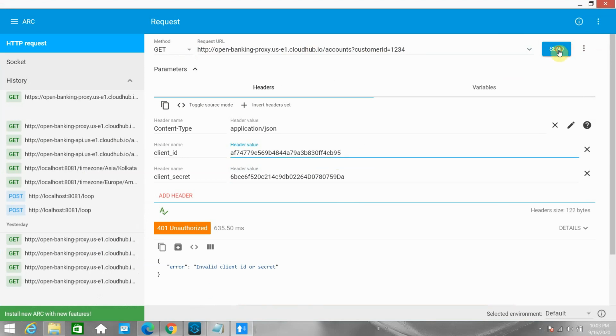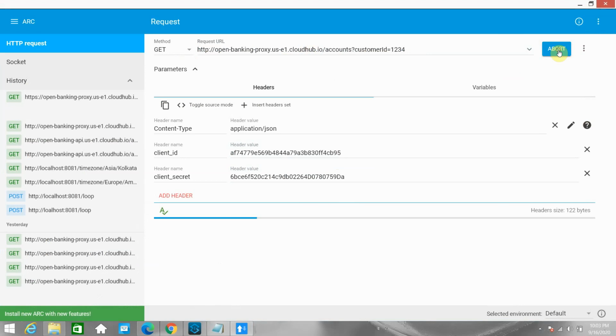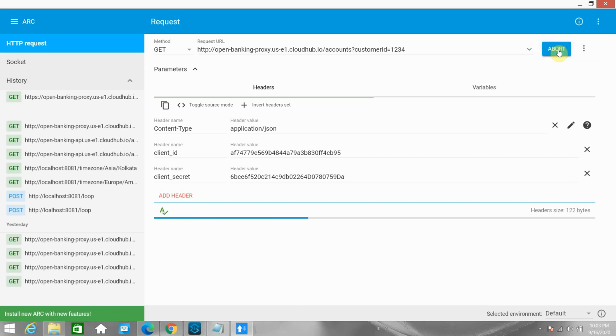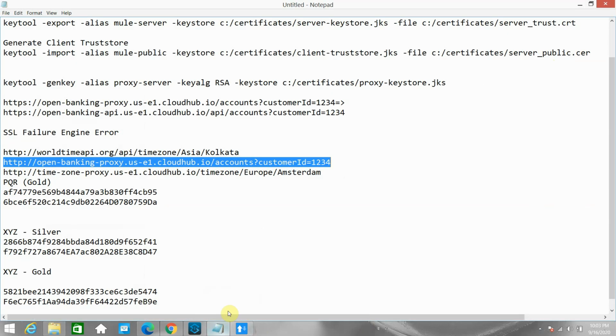So I send one request, 2, 3, 4, 7, 8, 9, 10. We got quota exceeded, right? Because we sent the 11th, and it only allows 10 requests in 1 minute. If you try after 1 minute, it will work.